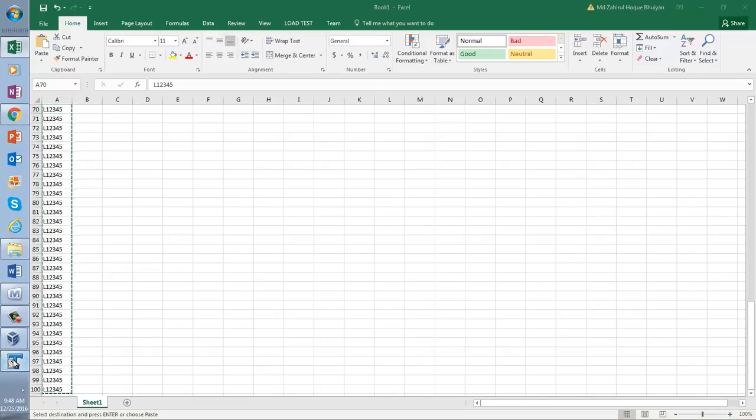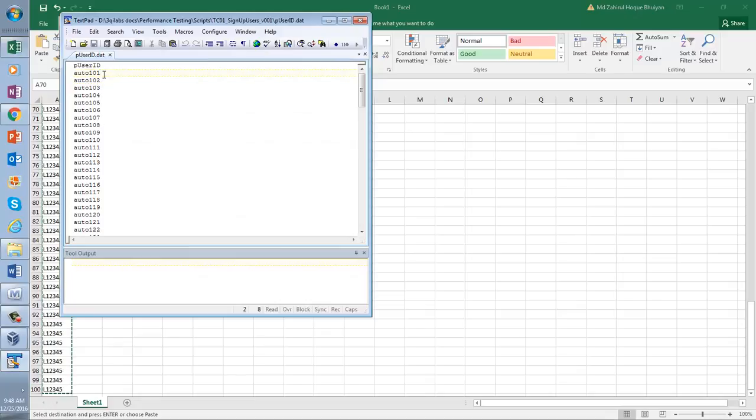I want to put the passwords here, L12345. So if I have 100 parameters, I will have to put everything one by one, but I do not want to do it that way. I'm going to use another column. I can do it in multiple ways, but let me show you one of the things that I'm going to follow here.